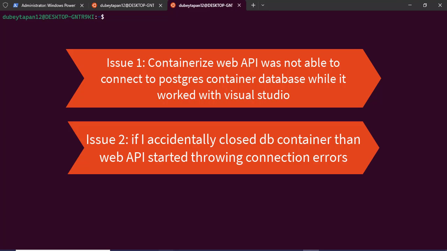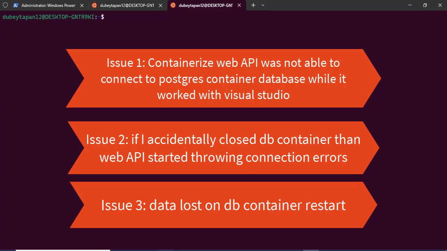Another issue we faced: if we accidentally stop a database container, then my web API is dependent on it and is still running, so it started throwing errors. And the third issue we faced is that whenever we restart a container, the data is getting lost. So today we are going to discuss all these problems, and we are going to solve them through